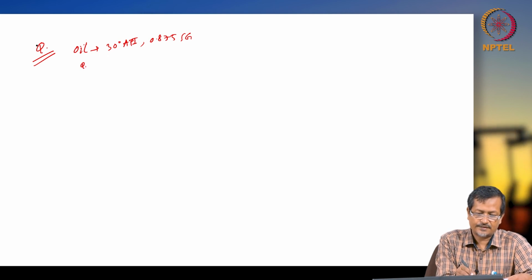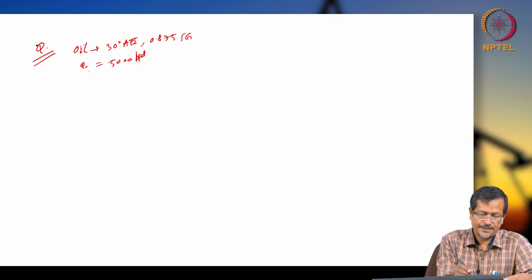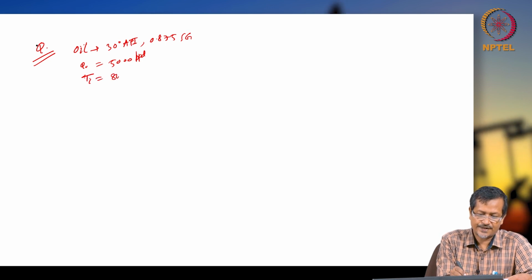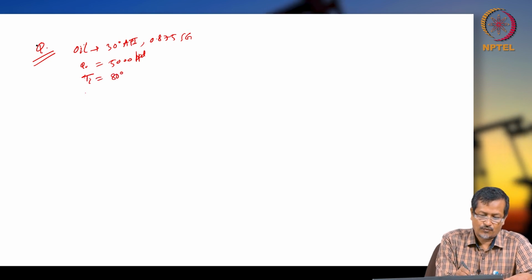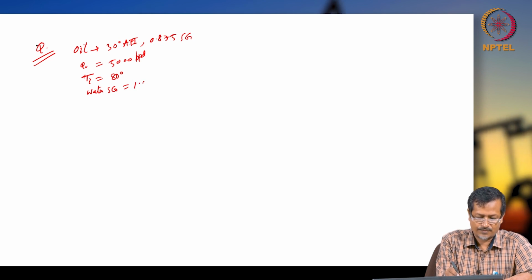Oil flow rate is given 5000 barrel per day, BPD, inlet temperature equals 80 degree Fahrenheit, water specific gravity 1.04,